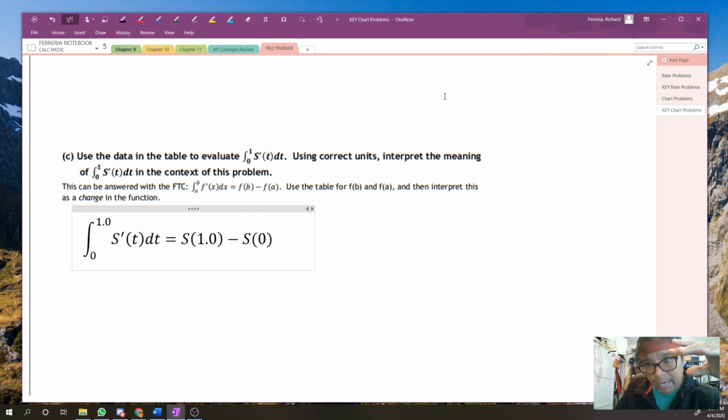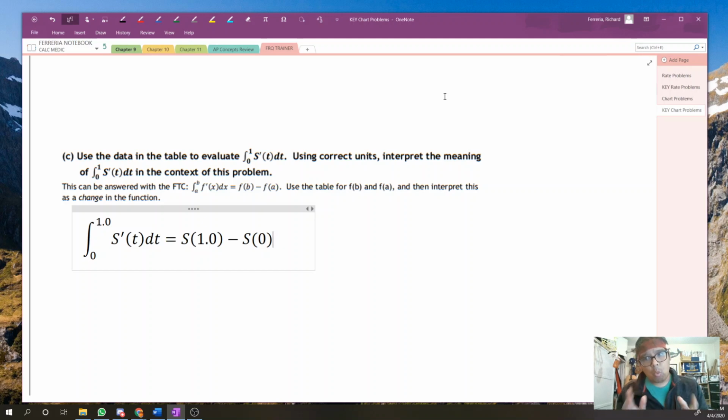The integral of a derivative is the function evaluated at b minus the function at a. Let's try that again. The integral of a derivative is the function evaluated at b minus the function evaluated at